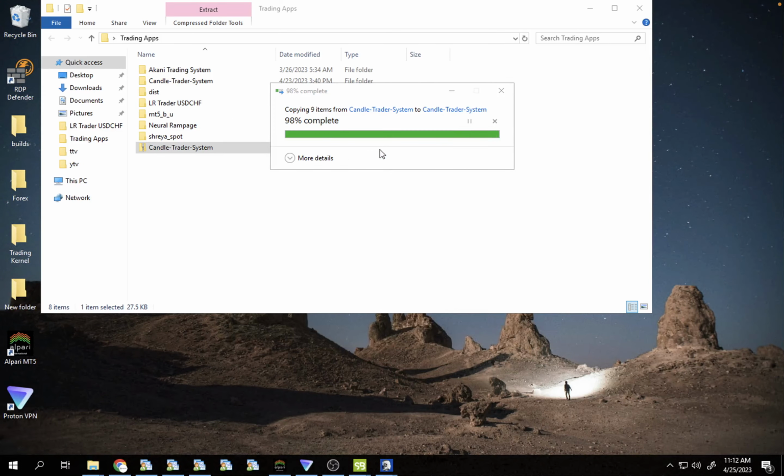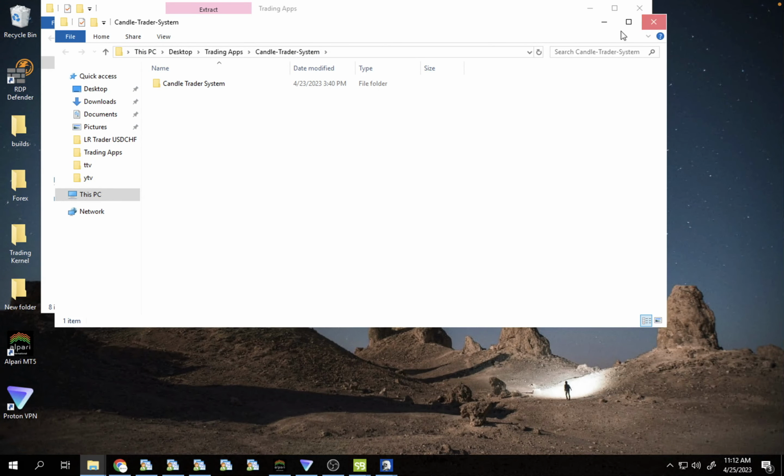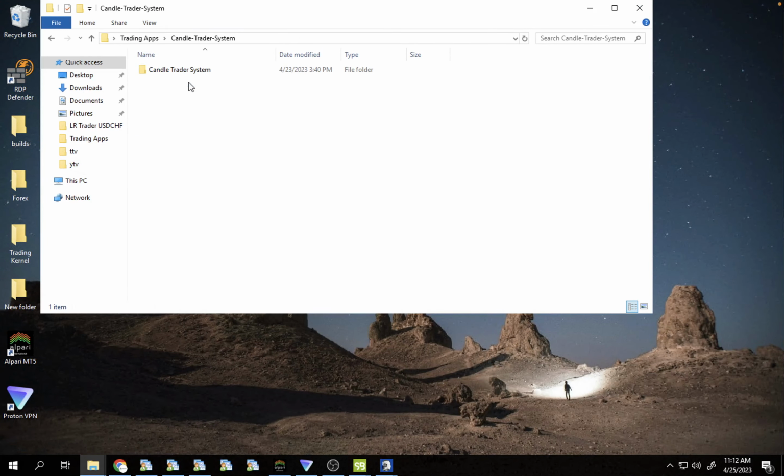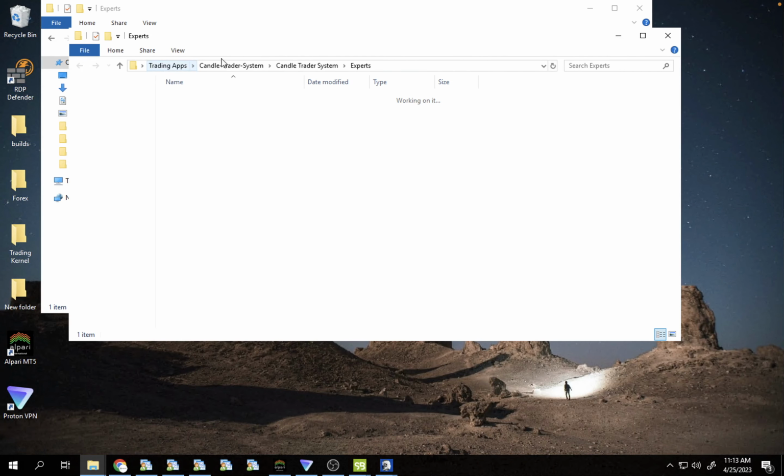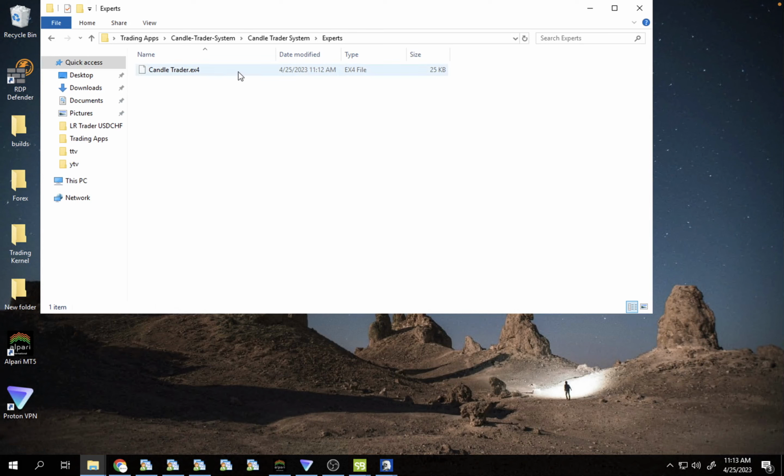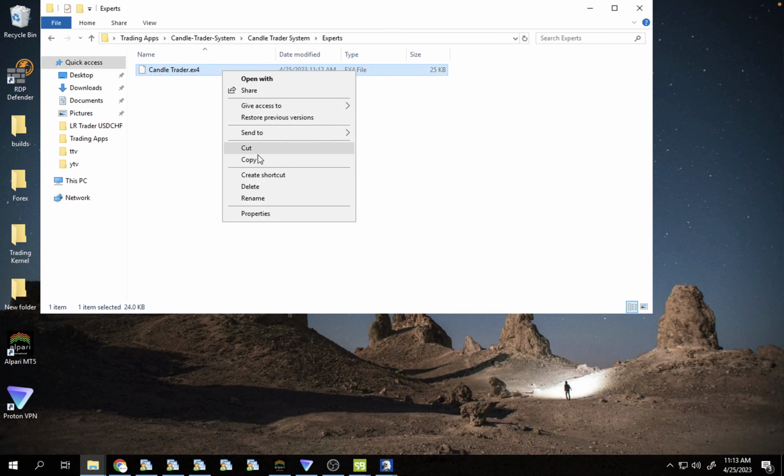All right. So you can see we currently have the system here now. It says the candle trader system. And then we're going to open this up. You can see it has 3 folders here. We have the experts folder, we have the presets folder, and we have the templates folder. Okay, so for the experts folder here, we're just going to open this up right now. Just going to copy this file, click on copy,